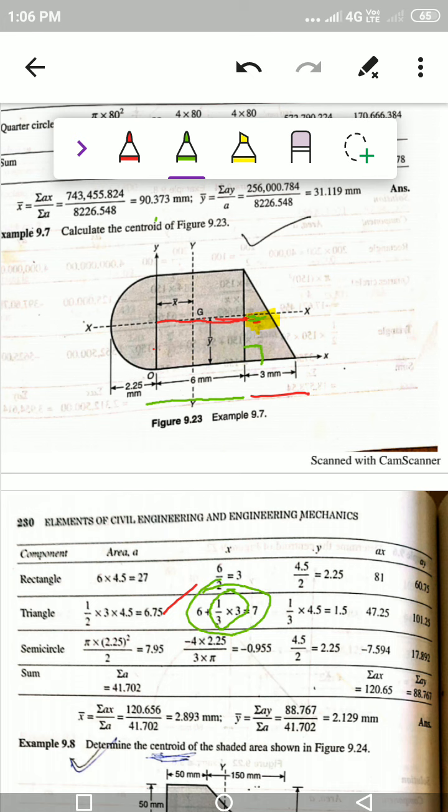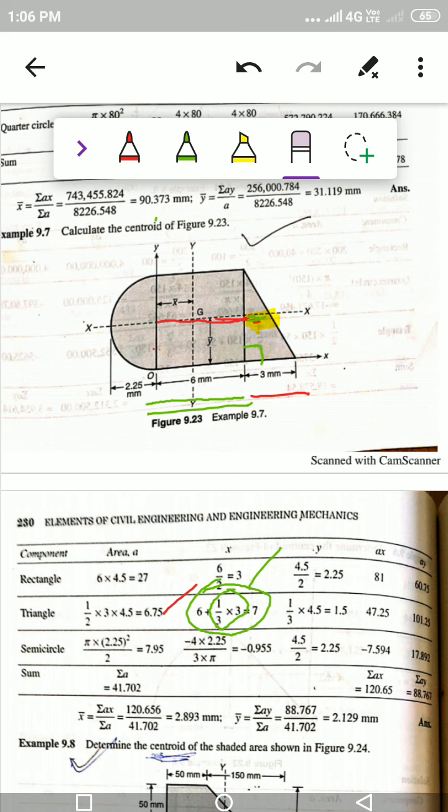That is with respect to the reference axis, we want the x bar distance. The x bar of a right angle triangle, since you are measuring from the 90-degree side, is 1/3 of base, then 6, because plus 6 with respect to the y axis, therefore it is plus 6.